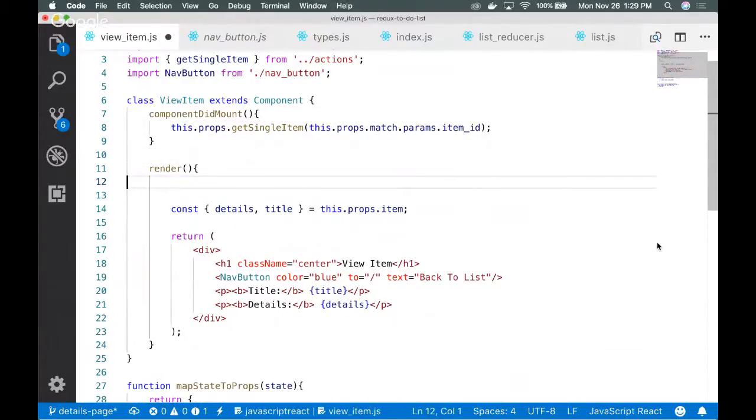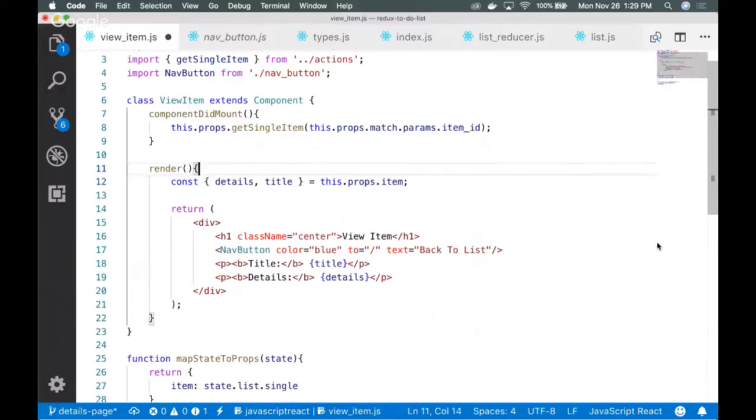What I want everybody to do right now, though, is I want everybody to go through all your files, clear out all of your console logs. Okay, if you're shaky about deleting console logs, just comment them out, just because I want your console to be clean. Or when we come back from lunch,